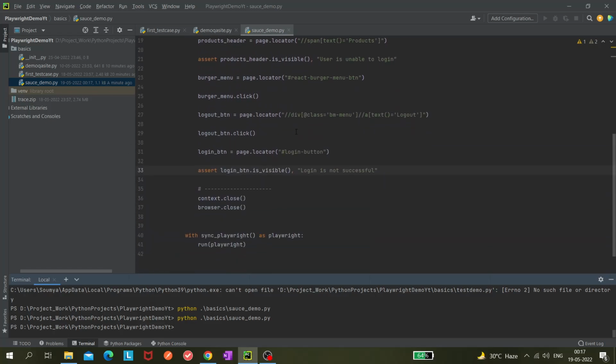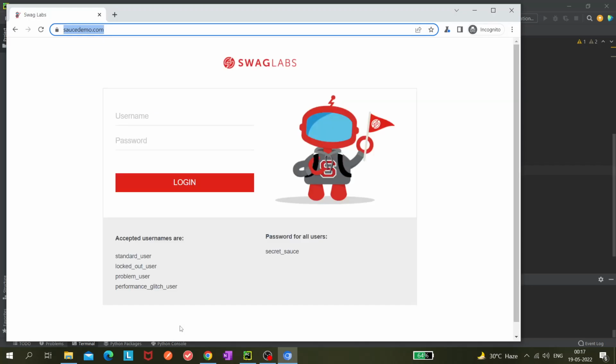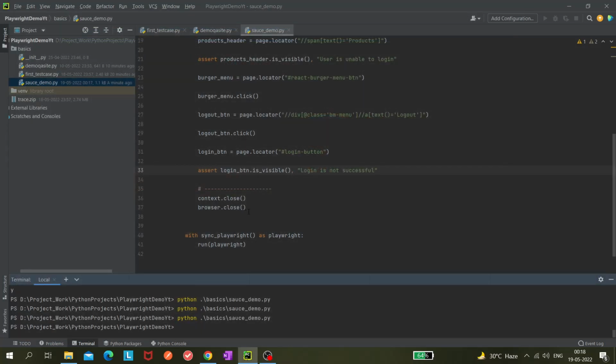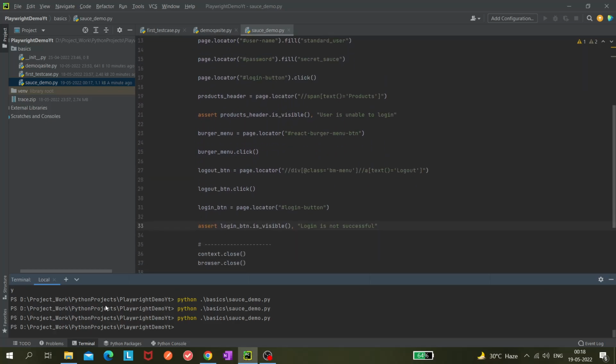Later we will be converting it to a PyTest, and let's run it. So it's logged in and then it's logged out and it's closing the browser. We are not able to see anything like one passed or one failed, right? Because this is not a test. Later when we convert it to a PyTest framework, then we can see it.